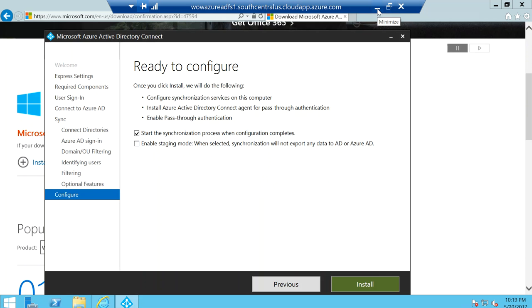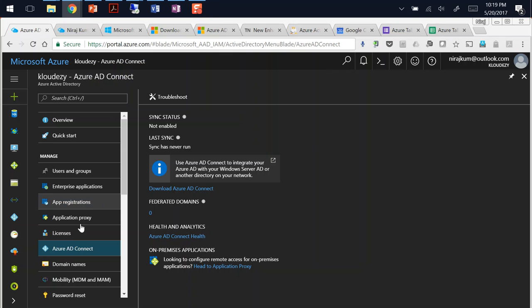And prior to clicking install, I want to show you in Azure AD Connect, you can see the sync status is not enabled, right? You can see over here that I don't have,